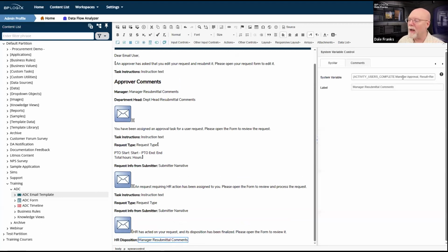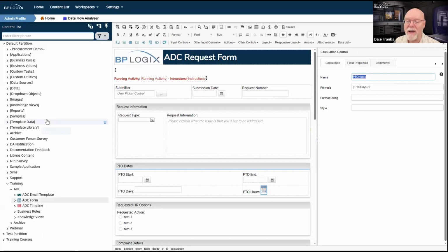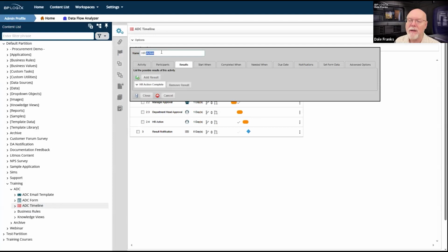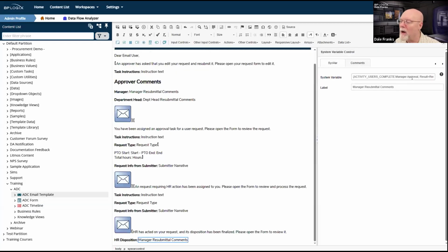And we're going to have to change this. We do want activity users complete. However, the user that we want in this case is going to be HR action, I believe. Yes, it is. It is HR action. So we are going to copy that, go back over here and change. Actually, we're going to change everything because we do not need that result equals resubmit because that is not applicable.